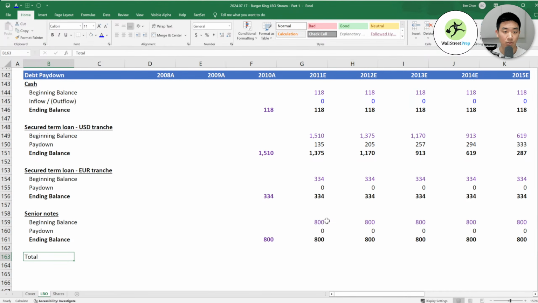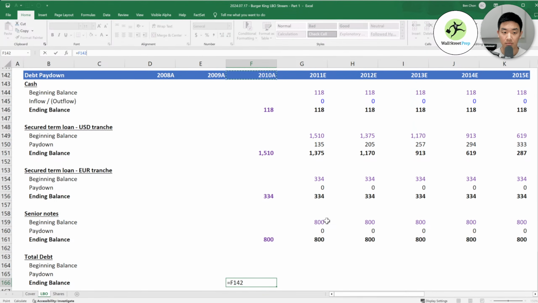And then now we can calculate our total debt. Beginning balance. You just need to add these three together for everything.